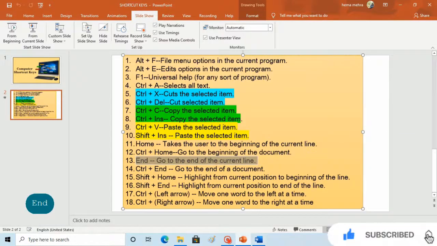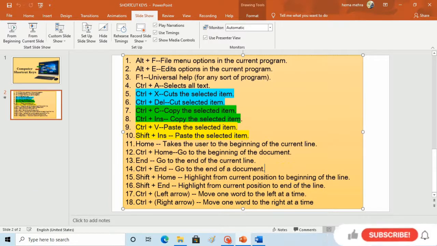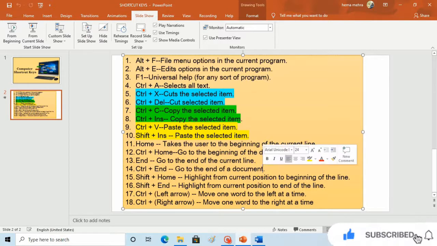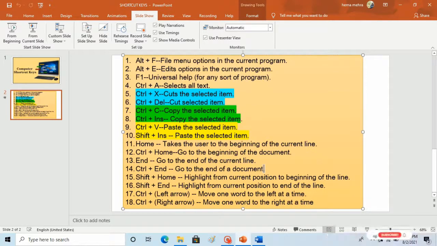Now the next is Control plus End. What is the function of Control plus End? Control plus End helps us go to the end of the document. Earlier when we were pressing the End button, we were going just to the end of a single line.